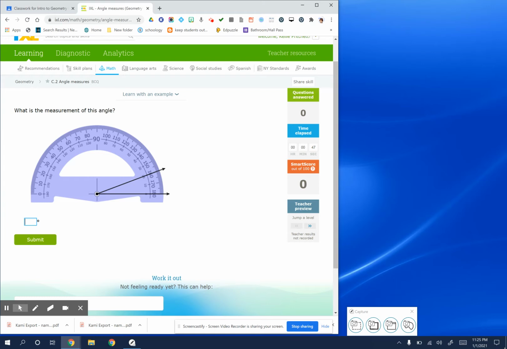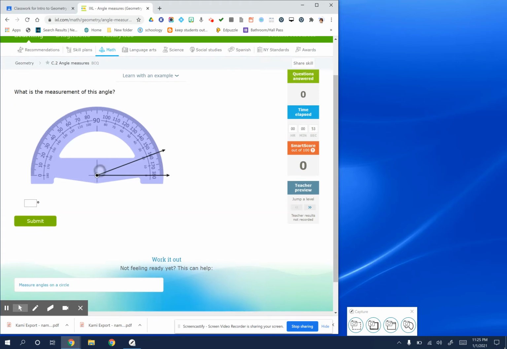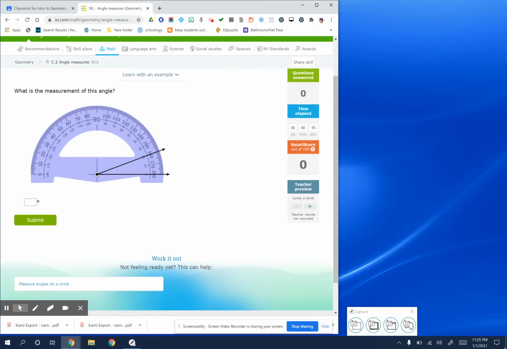So I see that that angle is pretty small. So I know it's going to be less than 90 degrees because 90 degrees is straight up here. There's a 90-degree angle. So it's considered acute, which means less than 90. So if I have options of reading 160 here or reading 20, I know it's less than 90 degrees, so